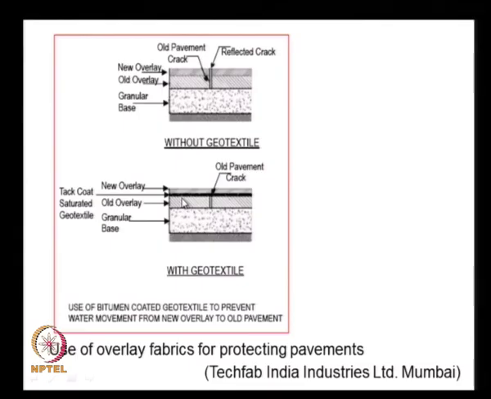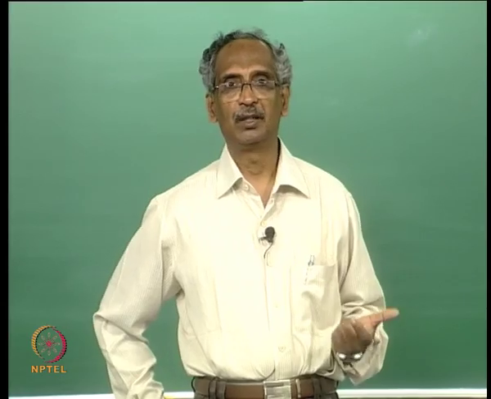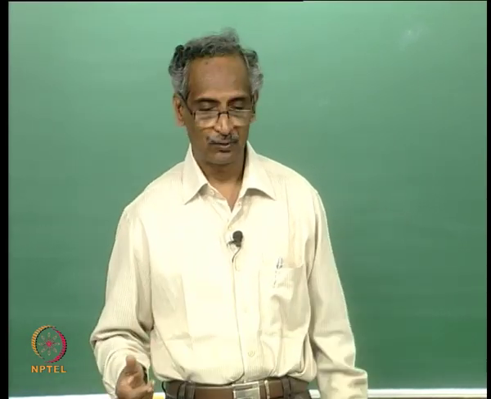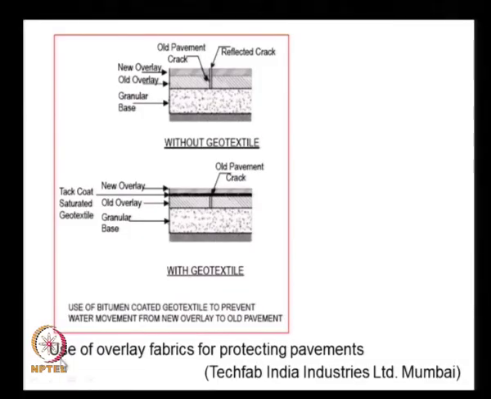And in one of the early lectures we have seen the property of the geotextiles that have binding with asphalt, and this particular geotextile used is bitumen coated geotextile to prevent water movement and also to prevent the